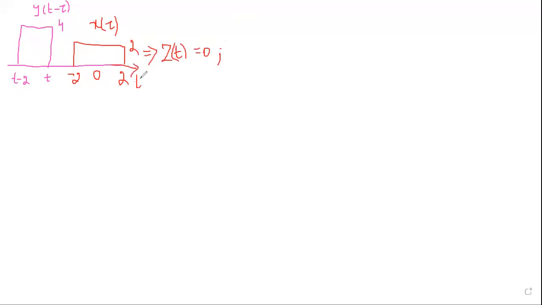So when t is less than minus 2, I have to consider x of t as a reference. For x of t, my t value is minus 2. So when t is less than minus 2, I do not have any signal to be multiplied. So my output is 0. I want you to complete the condition. You have written already the output is 0, but the condition is t less than minus 2.